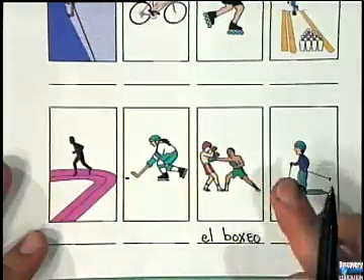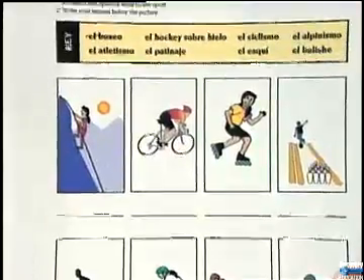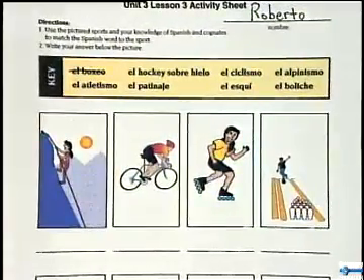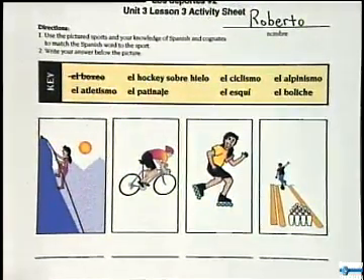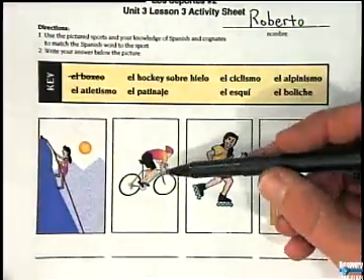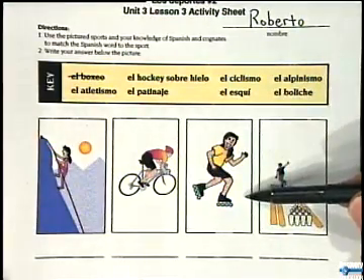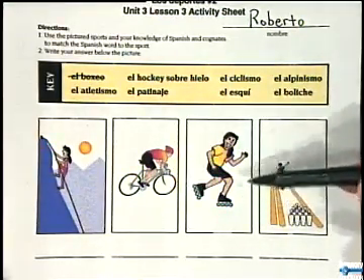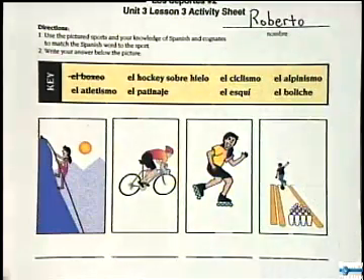Okay. So you can find the ones you know and eliminate those. Or you can use your notebooks and try to go through and do it that way. Okay. For example, what is this one called? Do you remember that? El patinaje. El patinaje. That's right. So you go ahead and work on that one and finish that.